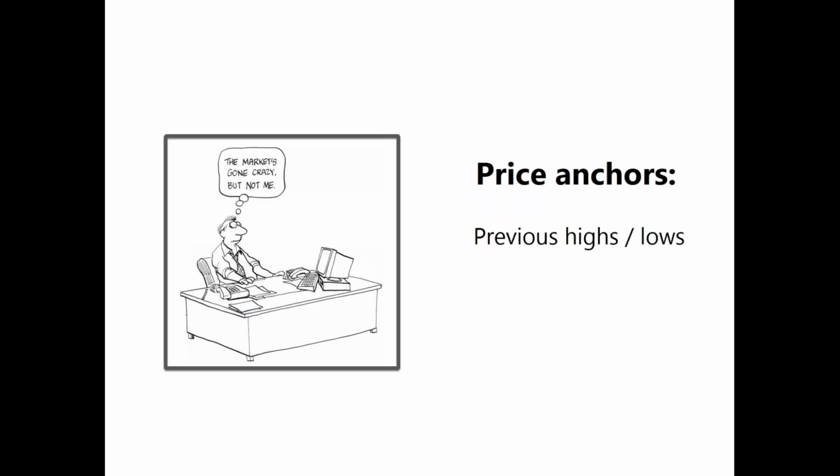So the classic anchor in trading and investing is previous price levels. We often hear market commentators talking about how the market is up from the previous lows or down from the peaks, or traders saying, I'm waiting for the market to fall back to last week's high before I go long, or I'll go short once we move back up to yesterday's low. The bounces and pullbacks that we see around these previous high and low levels simply reflect that a critical mass of traders are positioned in these areas,